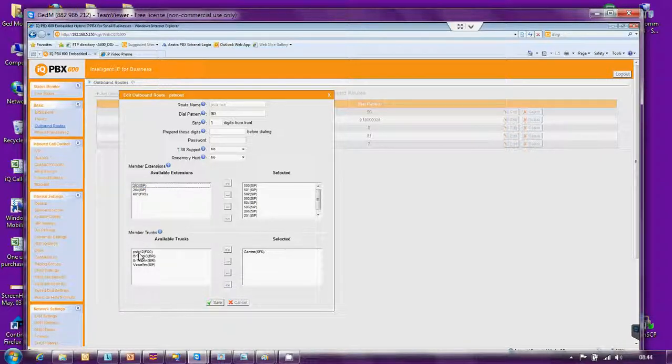And again we look further down and we select the available trunks. So at the moment we're going to use our main route out for 90, which is going to be Gamma. We can add trunks to it if we wish,